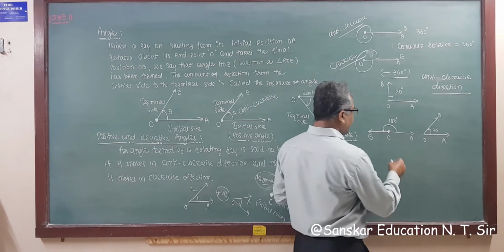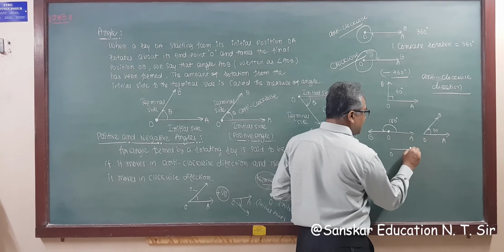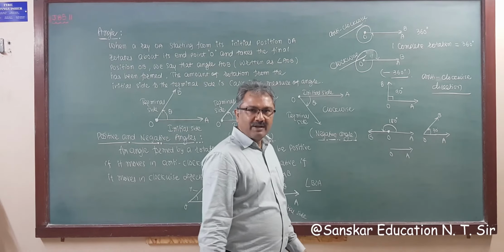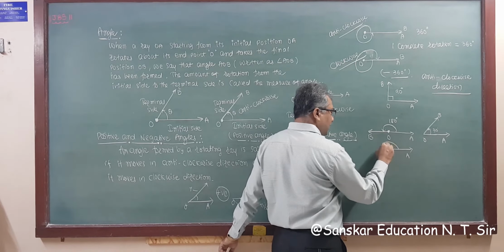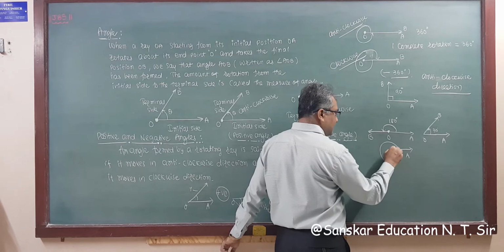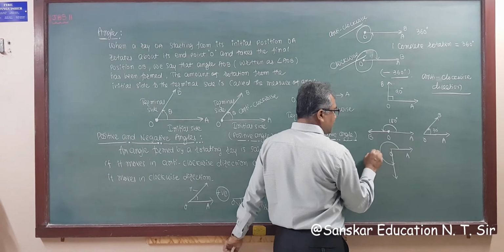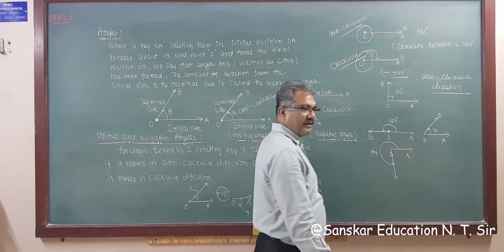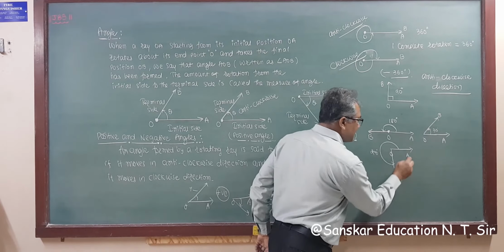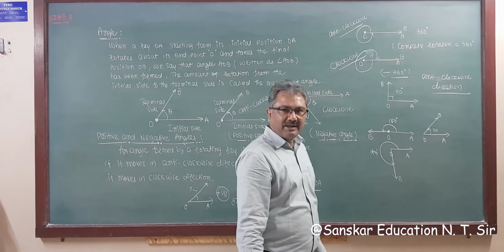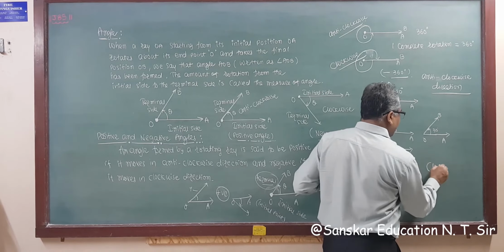Then suppose this is your initial ray OA. We move anti-clockwise direction to 270 degree. This is called 270 degree, because this is your terminal side OB and this is initial side OA. Right? Now if we go clockwise direction,